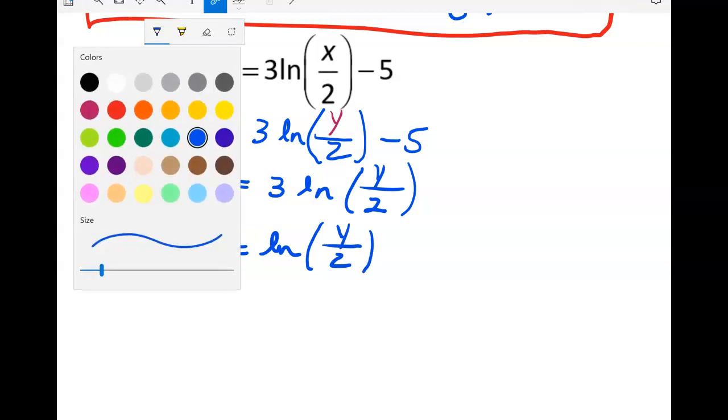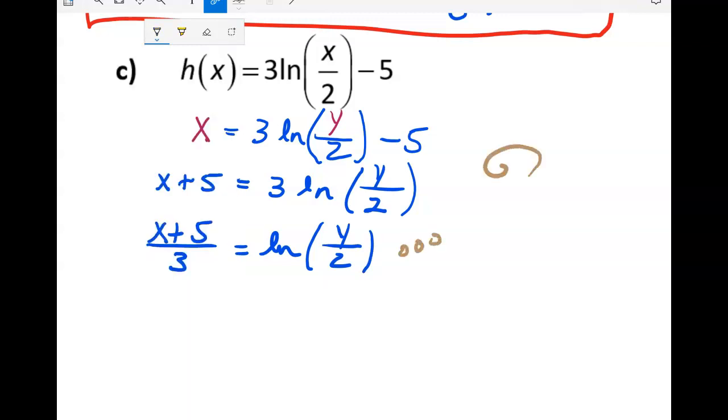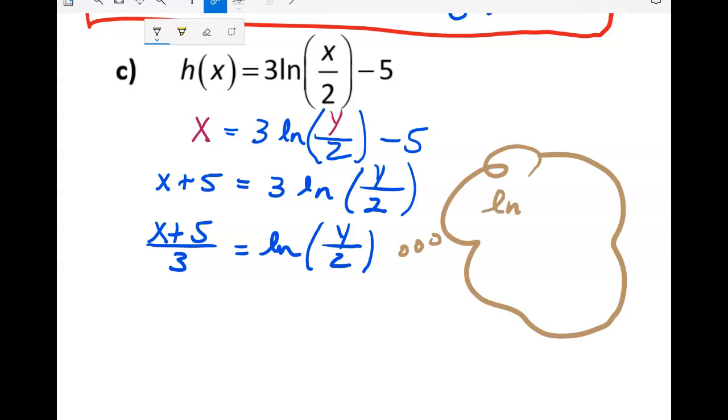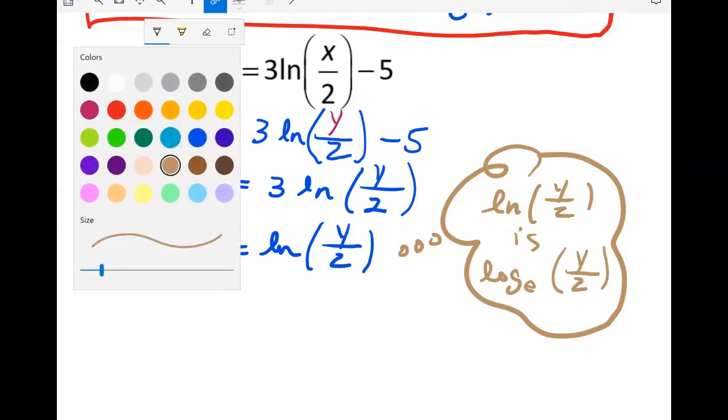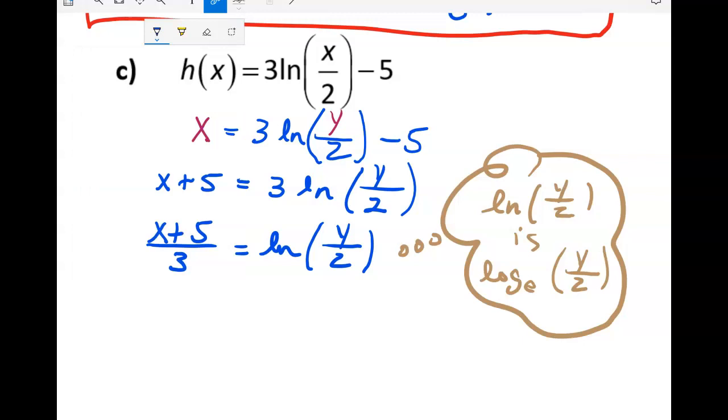And now remember that you need to be thinking about the natural log of y minus 2 is the same thing as log base e of y over 2. And so when we're putting this in exponential form, the base is the base e, the base of the natural logarithms, which, by the way, is around 2.7. And that's to the x plus 5 over 3, since the logarithm equals the exponent, and that's equal to y